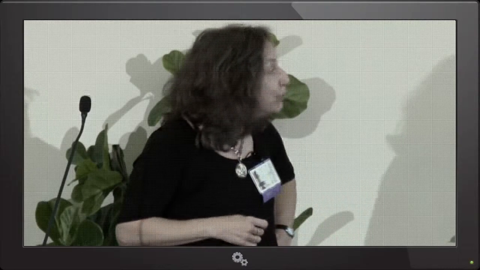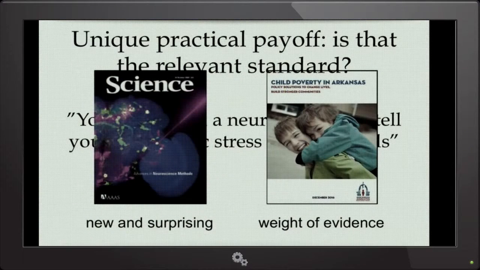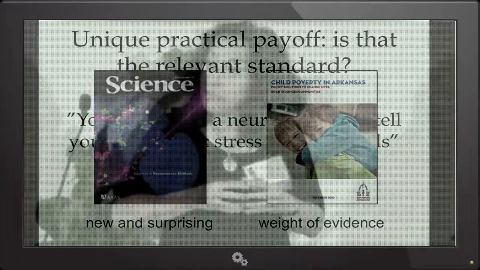And it turns out there's a whole literature on weight of evidence, or WOE, which is very different from the way scientists think. It's typically used in a sort of informal way. It's a kind of almost qualitative aggregation of things that we know from lots of different sources. And it actually gives extra value to evidence that comes from qualitatively different sources. So in fact, it's not a problem that neuroscience is showing us things like stress is bad for young children. It's actually a plus. It's like, good, now we have yet another converging piece of evidence for this.